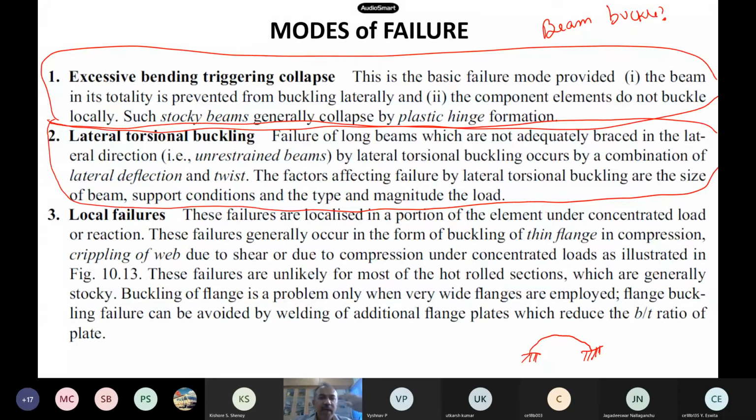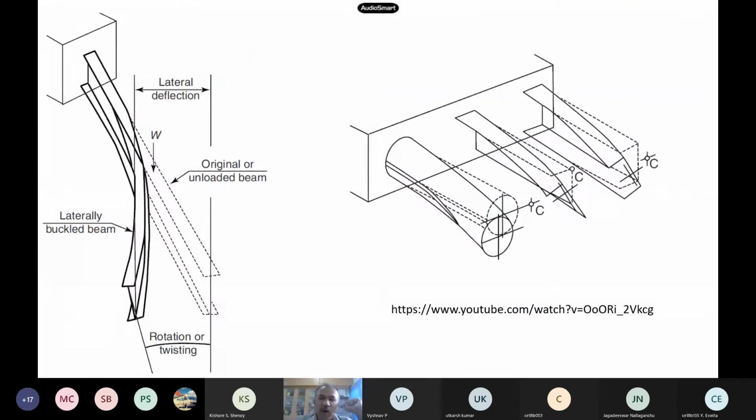But in beams it is a little bit complicated. In columns it was very easy. It was just the buckling like this, similar to bending. But in beams, the top fiber will be in compression, the bottom one will be in tension. So when it tries to buckle, the top fibers want to buckle because they are in compression, but the bottom one is in tension. Do tension members buckle? No, sir. Tension doesn't buckle, compression does.